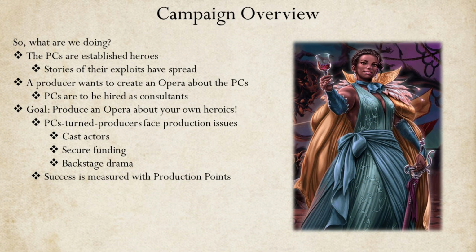So, what exactly are we doing in this AP? Curtain Call focuses on a group of PCs who are already considered heroes. The PCs have earned a degree of fame and notoriety from their past exploits, during which they defeated a major villain. The stories of these adventures have caught the ear of a talented opera producer based out of Kintargo. This producer, who at first wishes to remain anonymous, has contacted the PCs and invited them to Kintargo, explaining that she wants to produce an opera based on the PCs' past adventures.